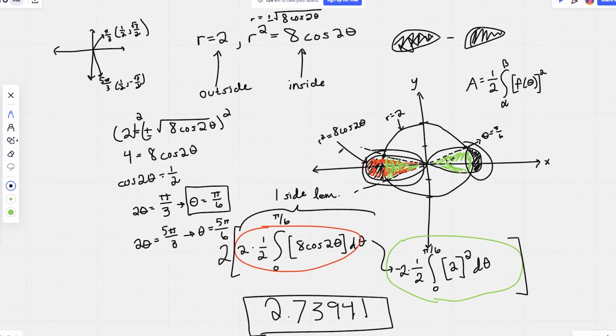There are certainly a lot of steps. This is probably the most complicated find the area of the indicated region problem I got for polar graphs. So don't be mad at yourself if it's hard to grasp, because at first I spent a lot of time thinking about it, but I was able to get it, and I think this might be the only way to do it. Unless you could convert